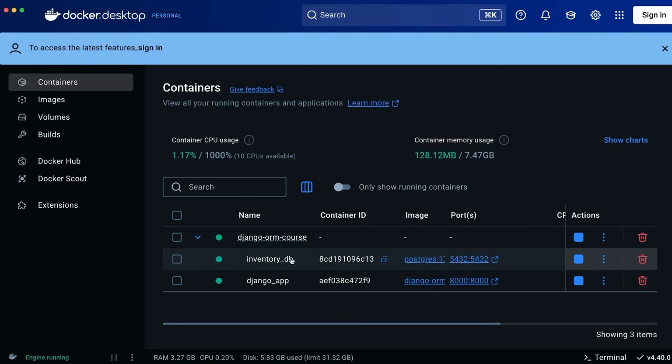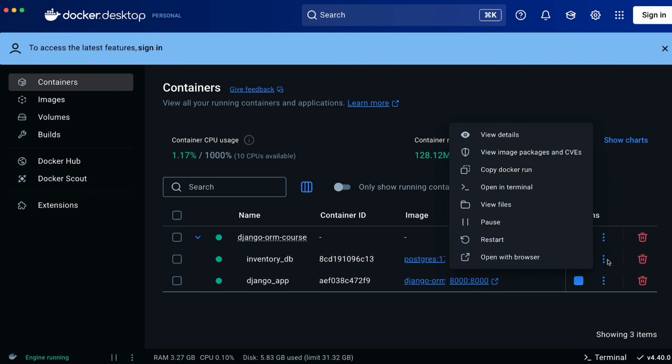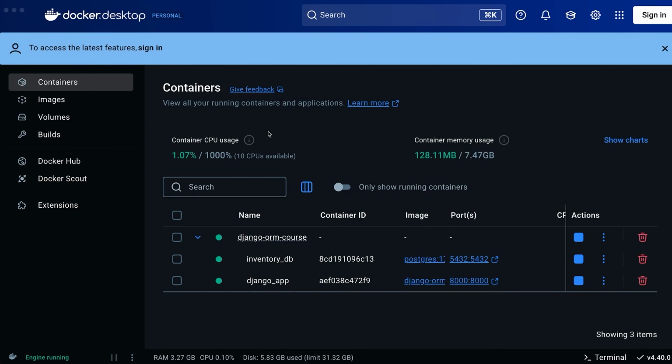If I want to start, stop, or manage my containers, I can do it from right here. So on the right-hand side, I can delete, I can stop, and I can then go ahead and pause. Docker Desktop makes it easy and convenient for me to perform those operations. But like I said, we can also perform these operations programmatically. Now, one thing we need to understand about a container by default is that this container doesn't persist after we've